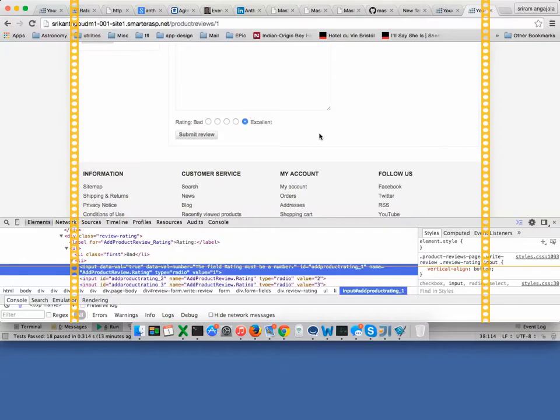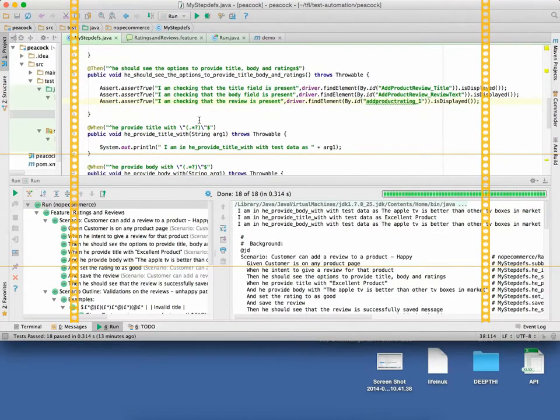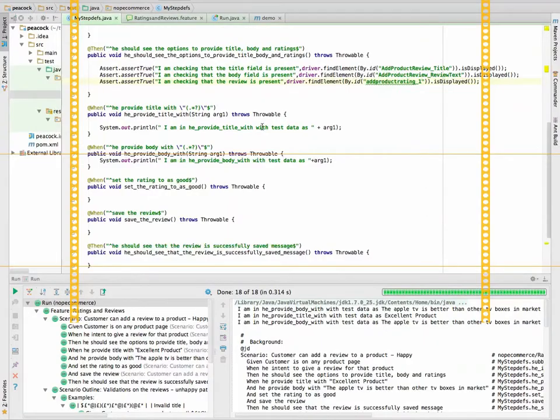Yeah, look, I got the locators. See, so those are the real locators. So I got the locators, and ideally based on that we'll continue to do the other things.